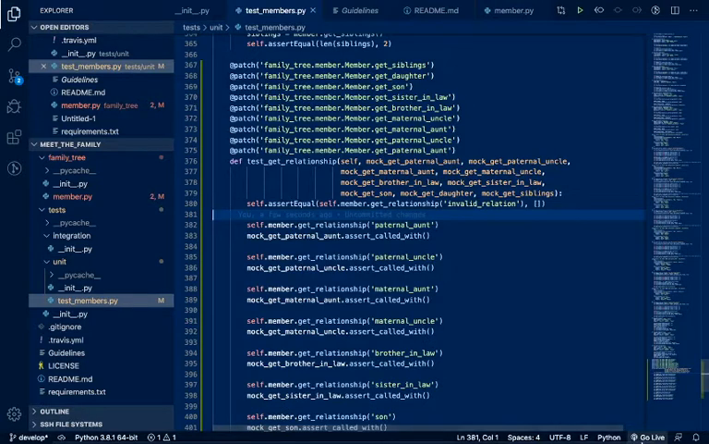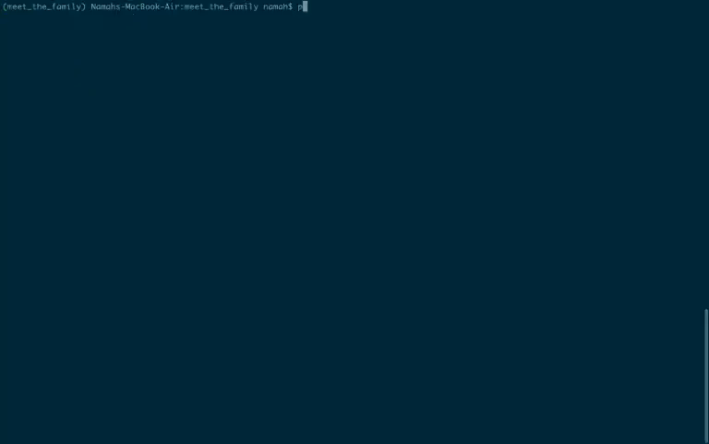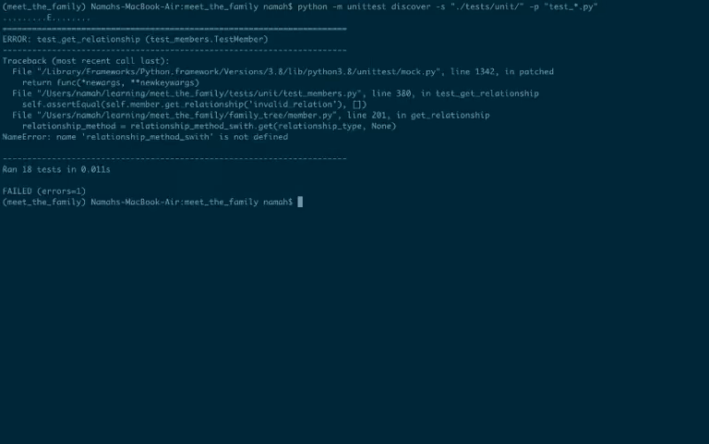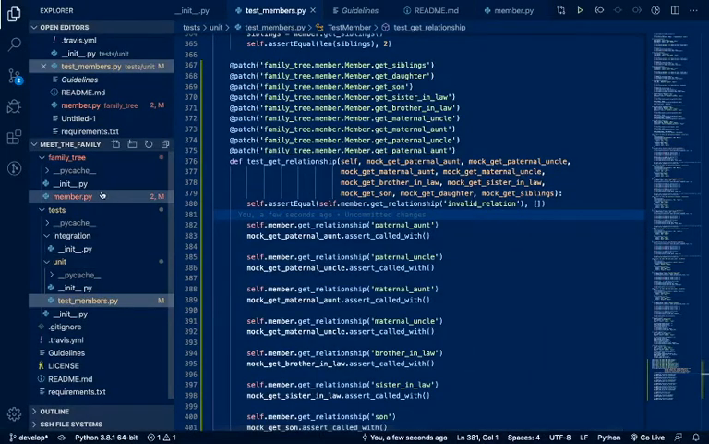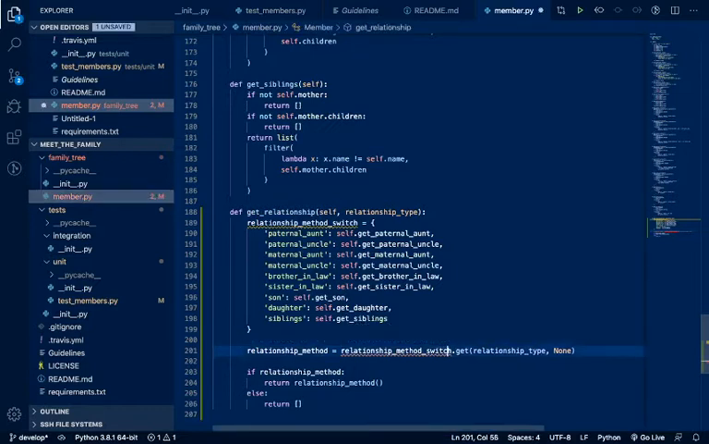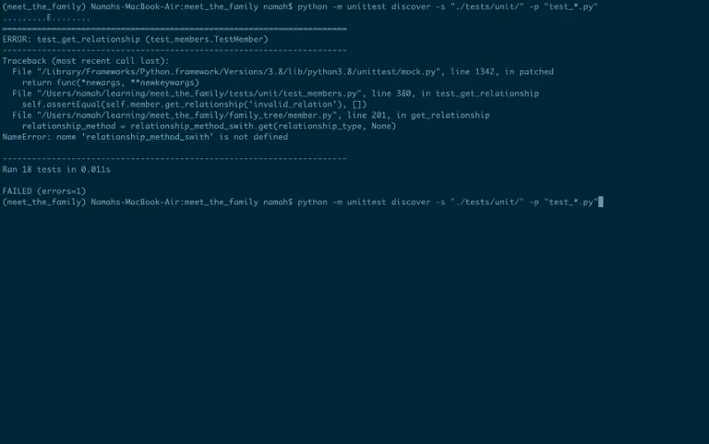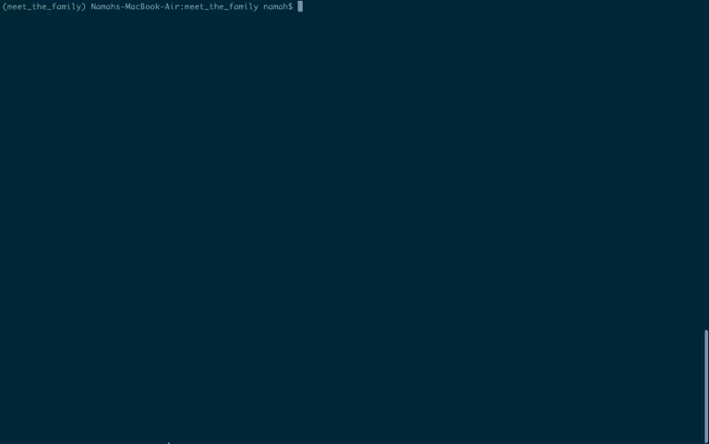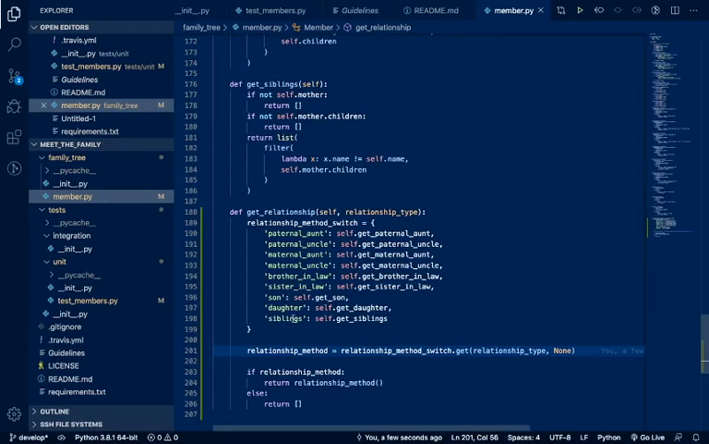Right? So now let us try passing our tests, and it is python -m unittest discover -s, which gives us the location, unit -p test underscore star dot py. So here, oh okay, that's incorrect. Relationship method switch is the method. Now all of our tests pass, guys. So we have officially completed our methods for